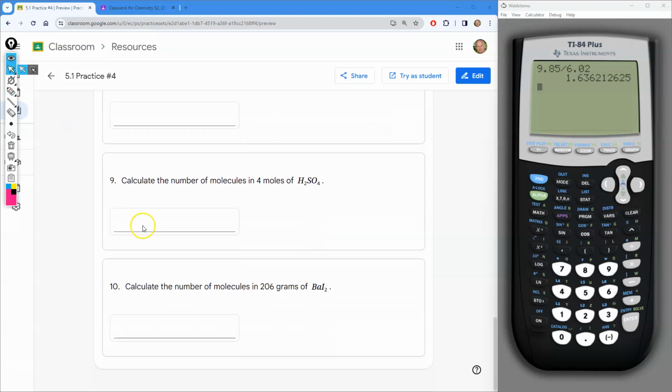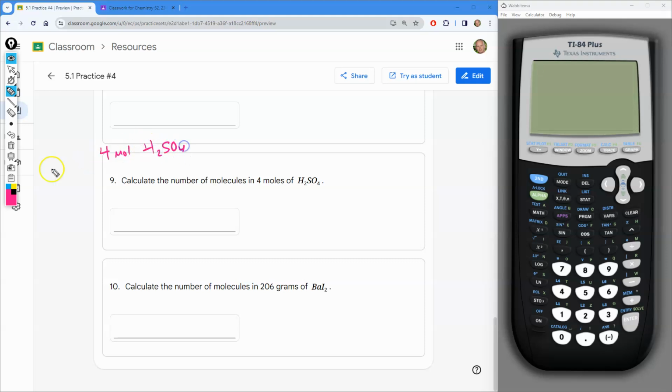All right, number 9, calculate the number of molecules in 4 moles of H2SO4. So I know this looks a little scary, but the good news is we're just going from moles to molecules. We don't need the molar mass here, we just need Avogadro's number. So only one step here. So we have 4 moles of